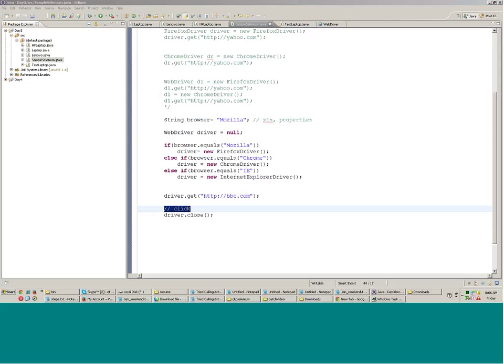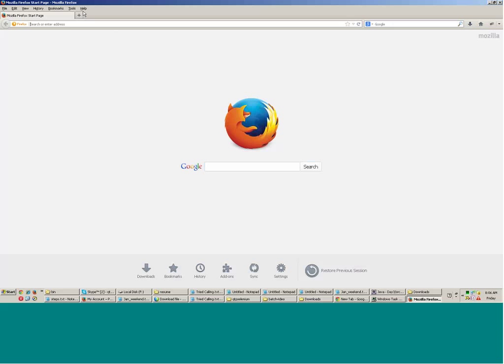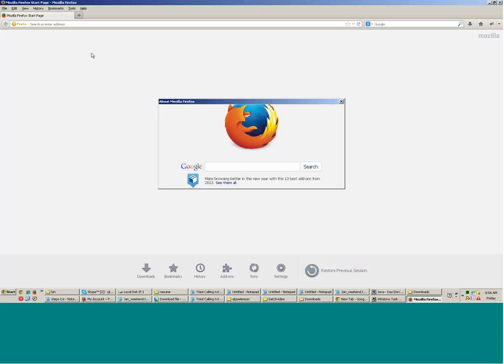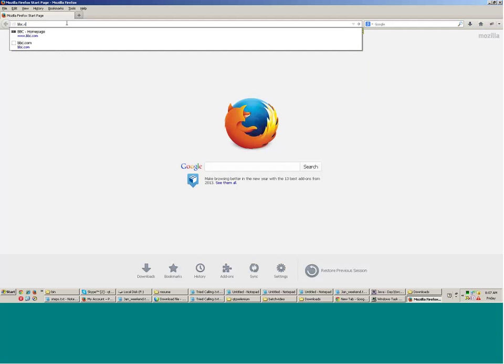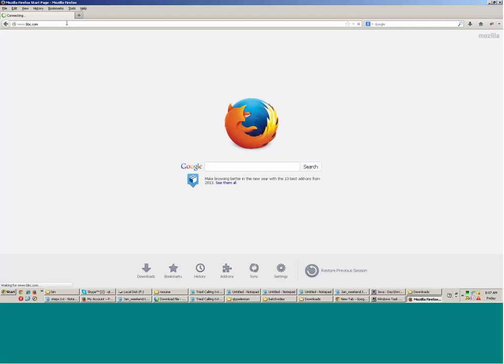Alright, I'll just explain you. Just hold on. If you talk about Selenium, just hold on. I have to downgrade the Firefox version as well. I'll do that. Suppose I go to the website bbc.com. Fine. If I go to the website bbc.com,